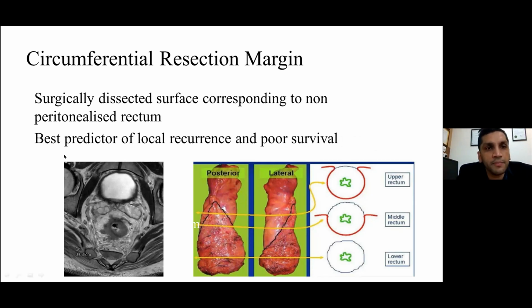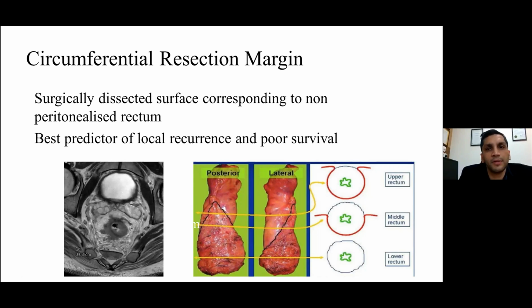So this is actually a best predictor of local recurrence and poor survival. So this is one such patient that actually we can see the tumor spiculations going almost up to the fascia. However, this is beyond 6 mm from the mesorectal fascia. So this is mesorectal fascia not threatened. Only when any tumor extent reaches within 1 millimeter of the mesorectal fascia is that when we call it the threatened or